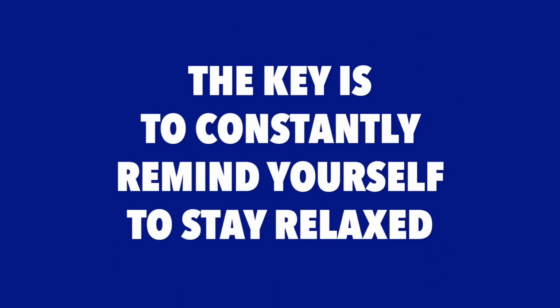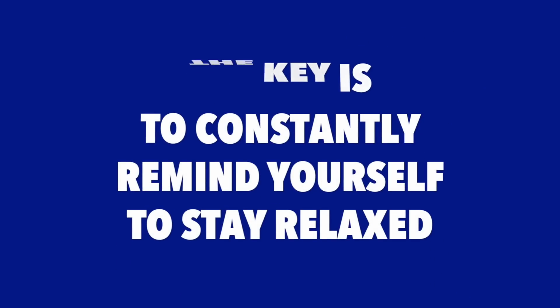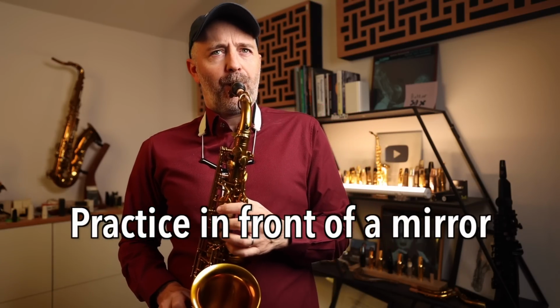the stress of performances. These first 4 bad habits are all related to tension. You can work on building good habits for all of these things at the same time. The key is to constantly remind yourself to stay relaxed. Practicing in front of a mirror can be extremely helpful because you can see exactly where the tension is in your body. That tension is something that's always going to want to creep back into your playing, so you have